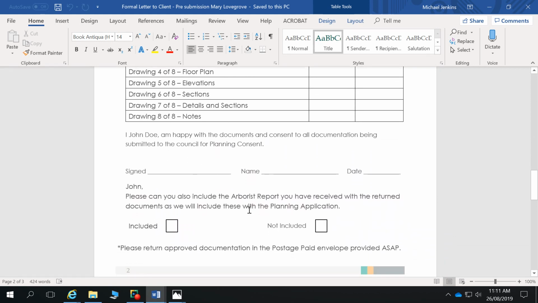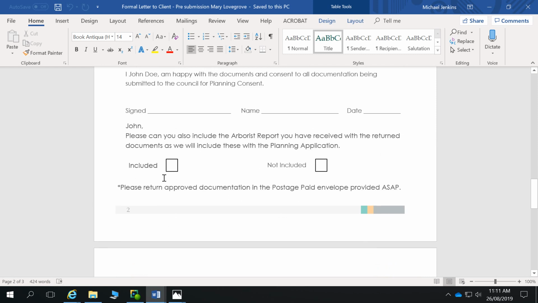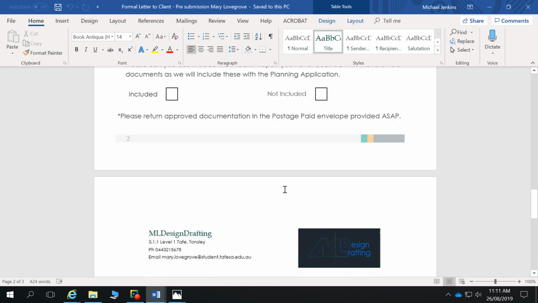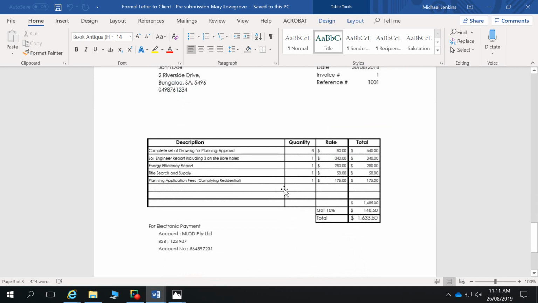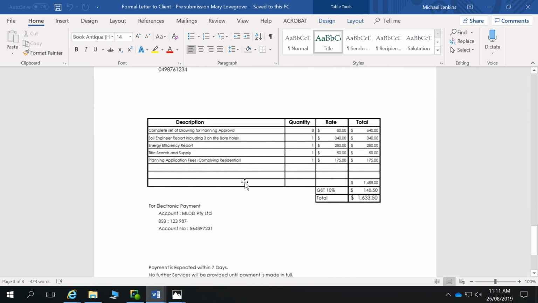And then, so sign, name, and date. So that also ticks those legal boxes insofar as they have accepted that drawing set as of that date. So they're referring to that communication. And then please can you include the Arborist report you received with return documents as we include these in the planning application, included or not included. And then she set out her drafting fees as well in that form